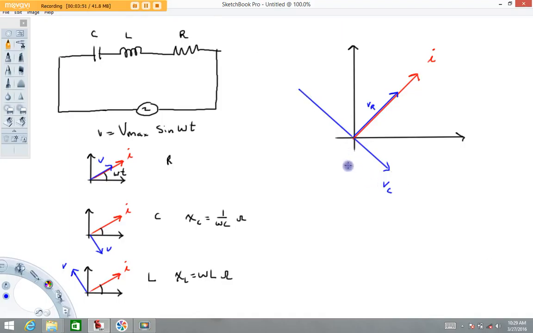That's going to depend on conditions. I've got to assume one here for the sake of example. So I'm going to assume that the inductor's voltage here is higher than the capacitor's voltage. Now, the cool thing about phasor diagrams is we just treat them like vectors, because they are. That's what a phasor is. It's a rotating vector.